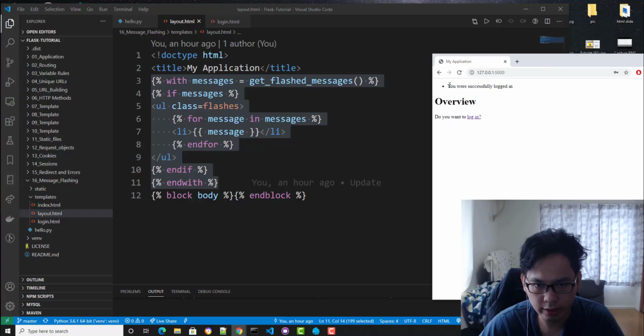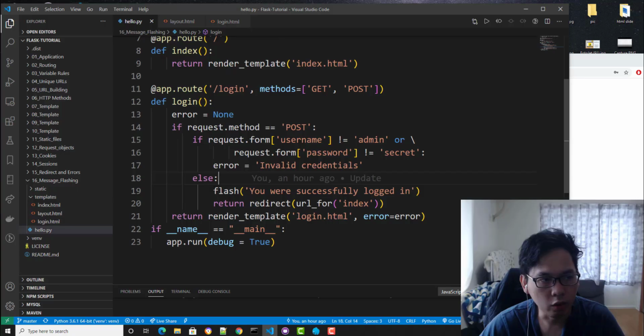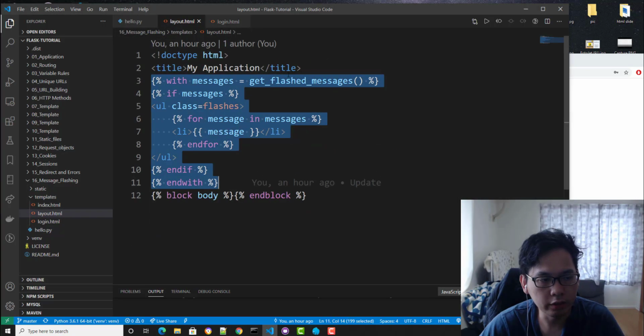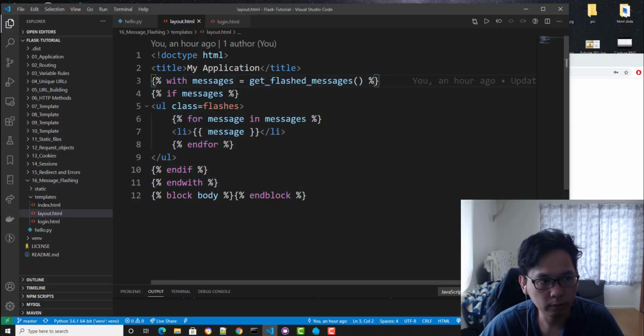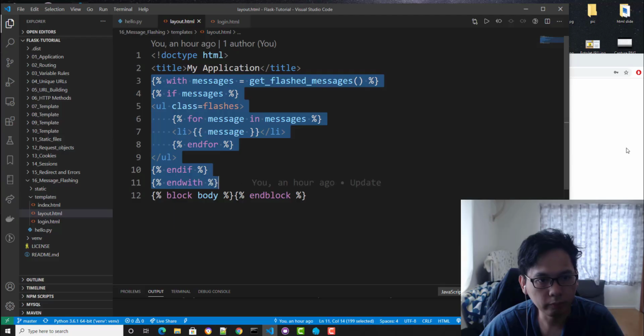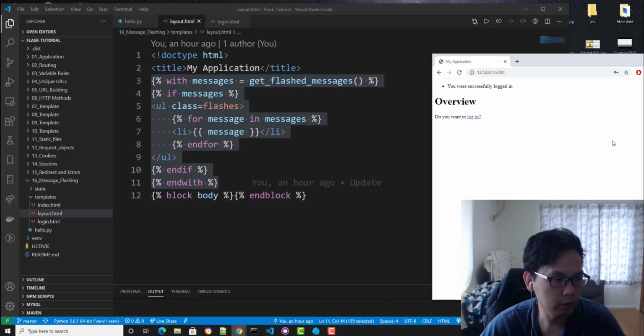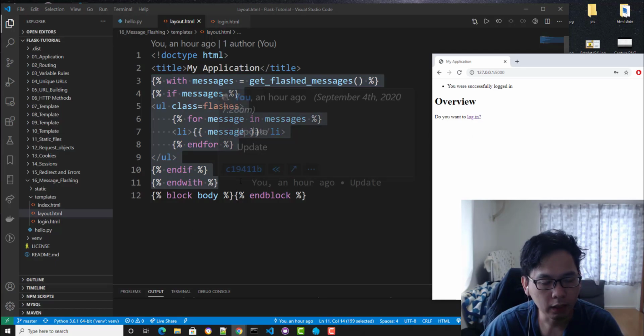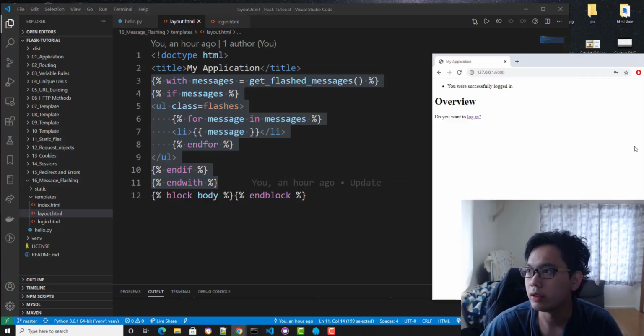This is flashing the message. It's very straightforward. On the back end, only one line of code. On your front end, you're going to get this one. And that is message flashing. I'm not going to overcomplicate it, and see you in the next tutorial.